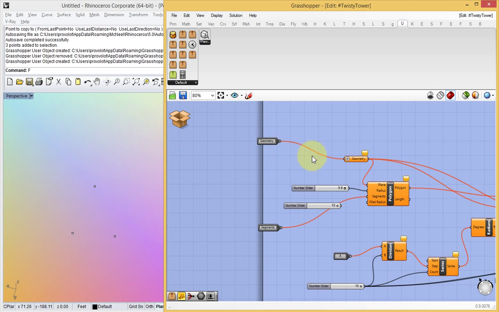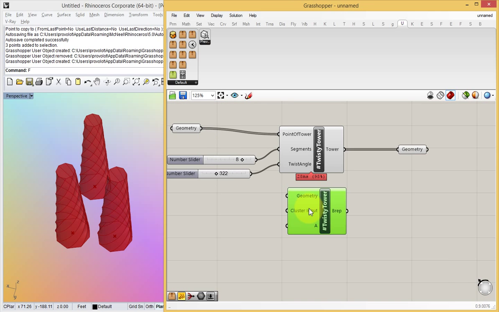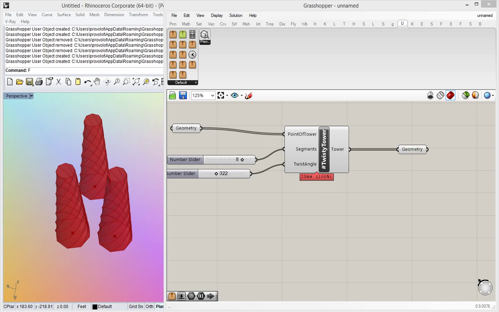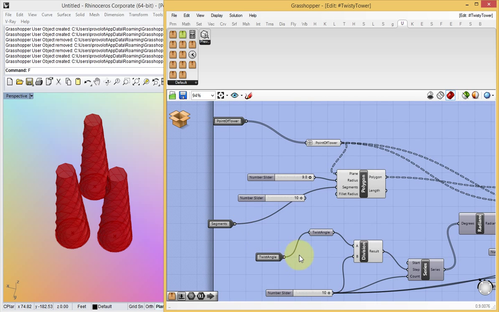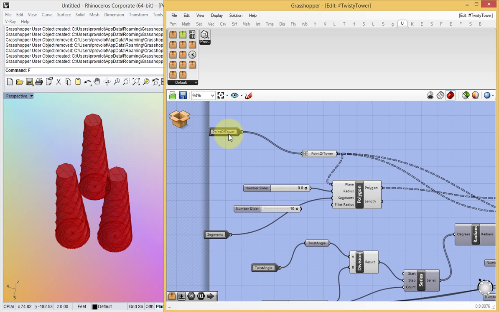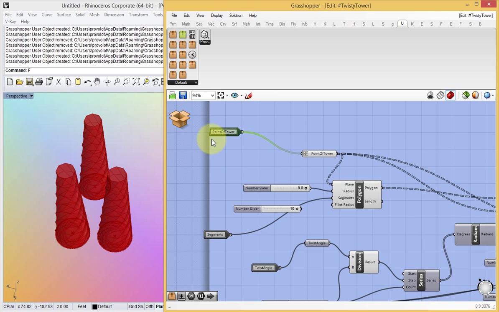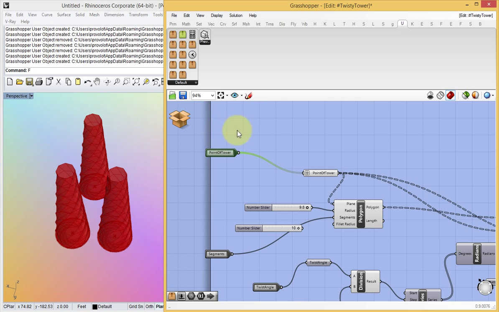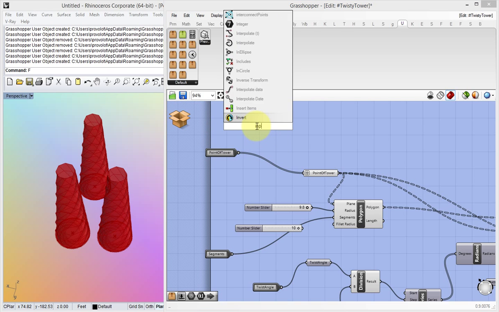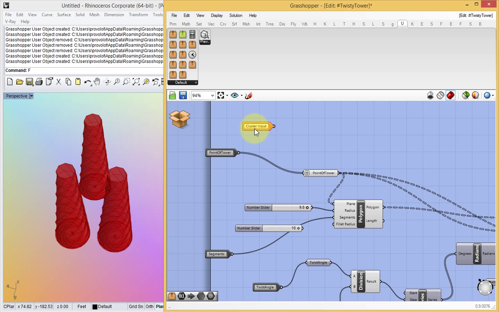So what we're going to do instead is delete this component. What I actually have to do is go here, and you notice that I double-clicked and renamed these in an earlier version of this video. But actually what we have to do, and this is a bug in Grasshopper and maybe fixed, hopefully, is that